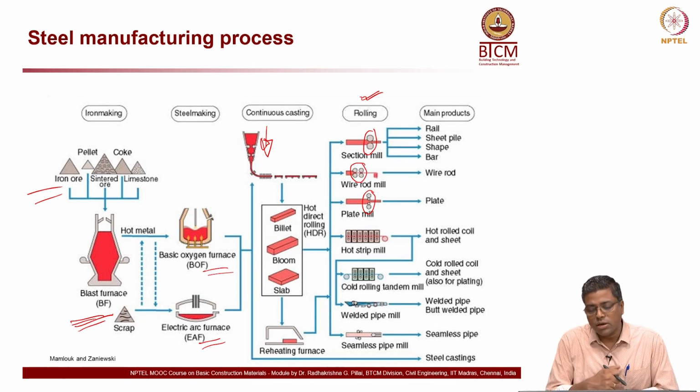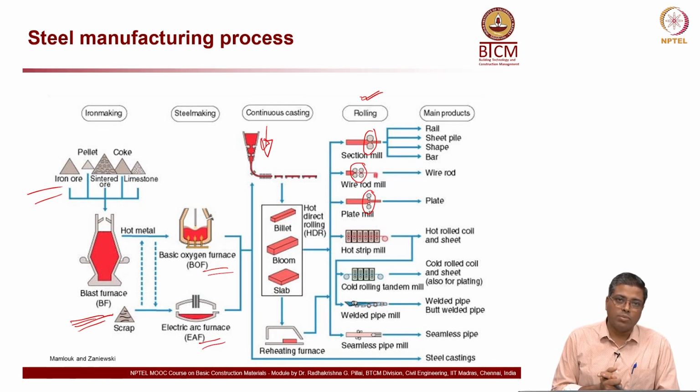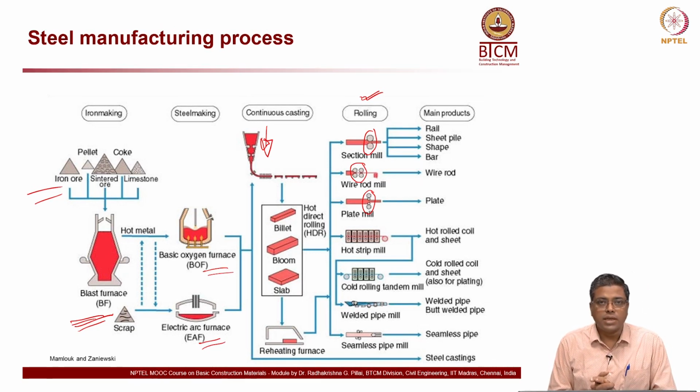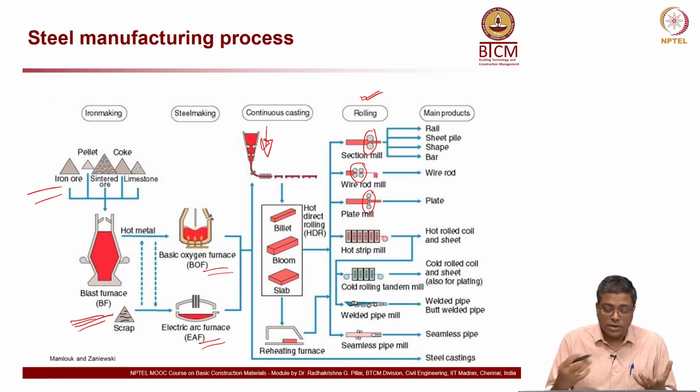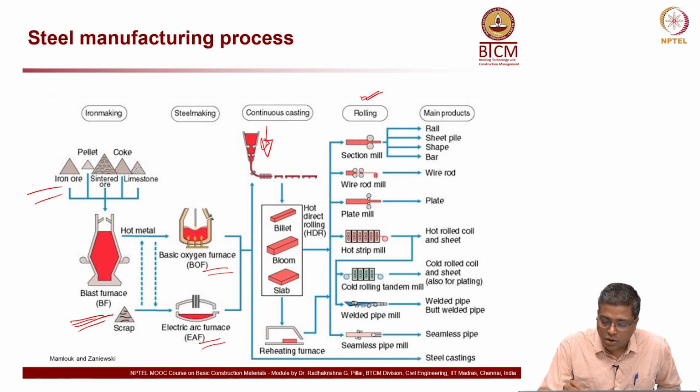So, it is different depending on what you are making, but for this simple understanding for this class, we can say that they are passed through some dies, metal dies, which are harder metals, so that the die does not degrade, but rather you get a different shape. You can see here one example I am showing